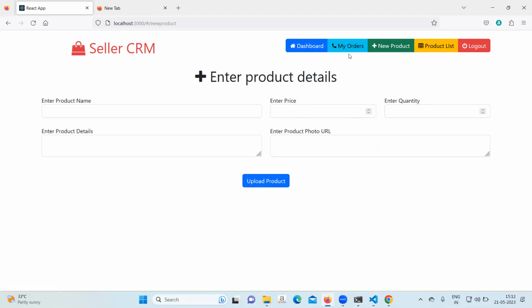But those will come from where? Website. Those will come from the website. Once the user gives the order, then it will come. So now we will come back to the